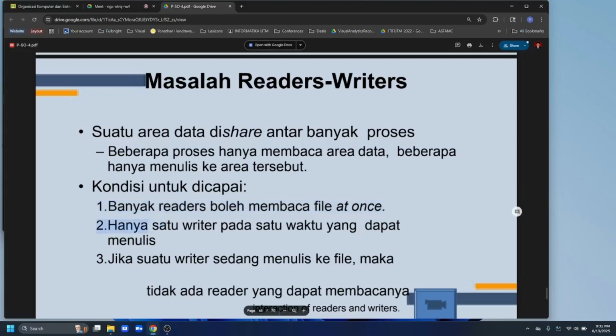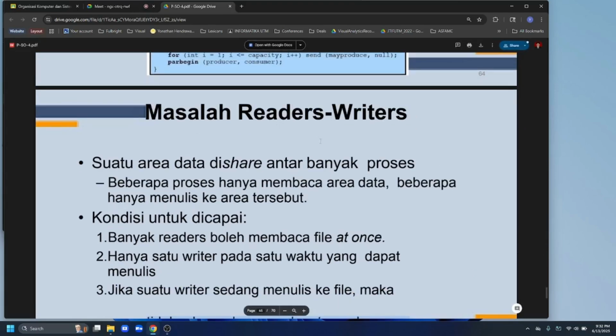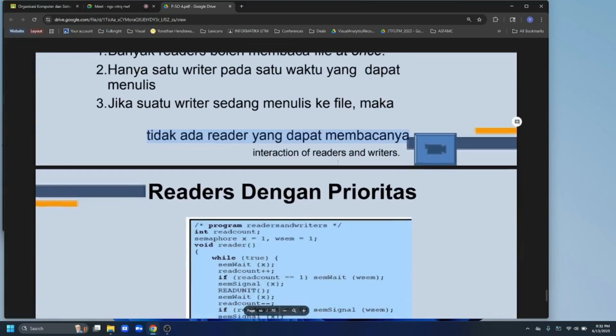However, only one writer can write at one time. If one writer is writing to a file, then no reader can read that file. So these are the three requirements for this solution to make sure that the solution works.